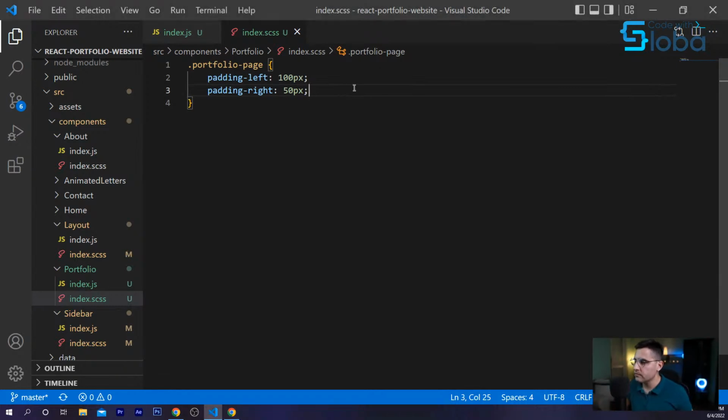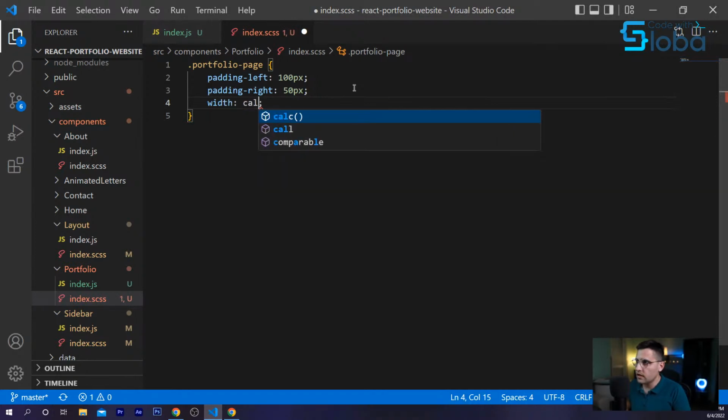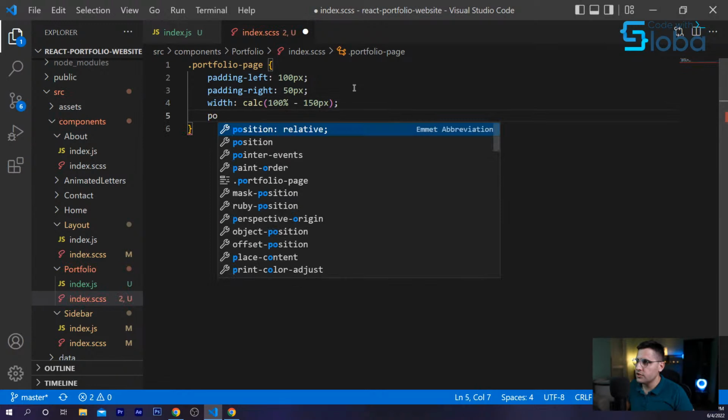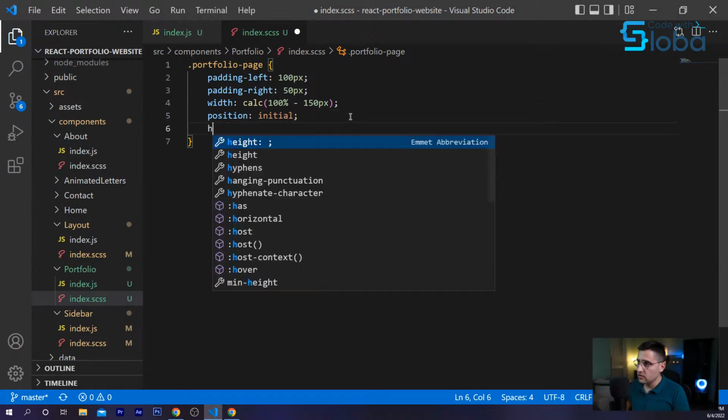Okay. Let's continue. Add the width of our page to use the calc function: 100% minus this padding that we just added, so 150 pixels. Reset the position to be initial, because on other pages we're actually using absolute, and here it's going to mess up.